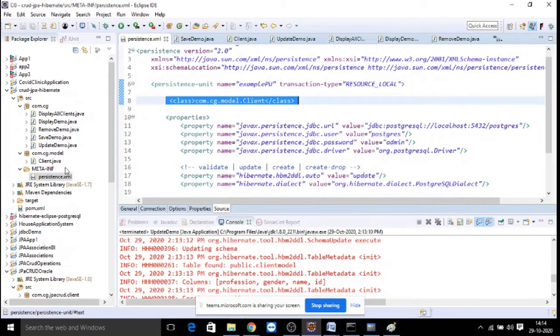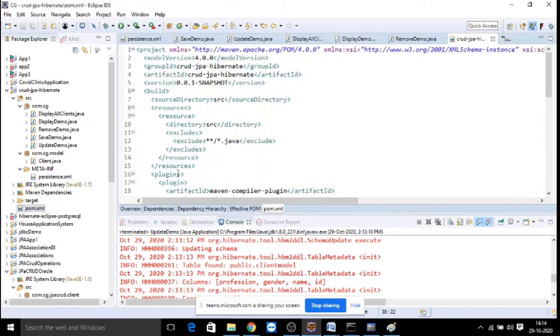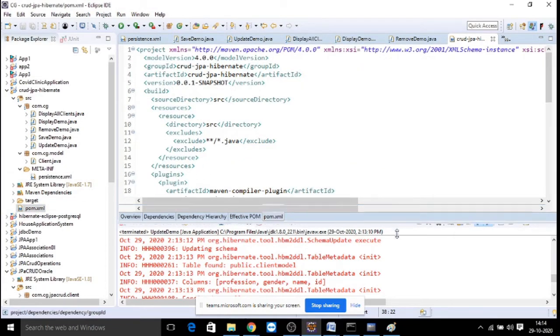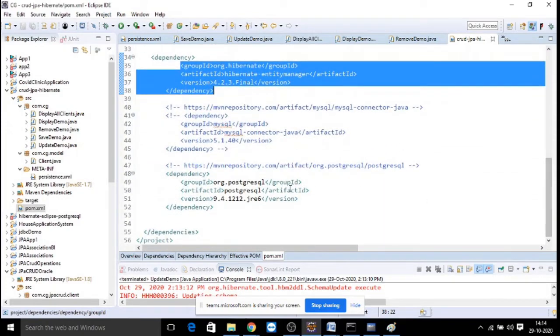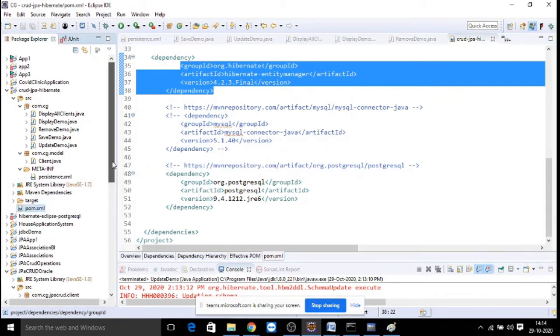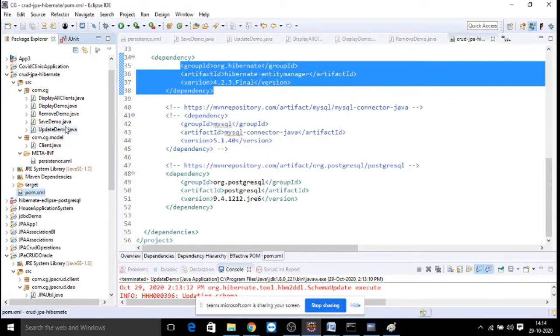And this is a Maven project, not a simple Java project. Make sure that everybody is working with a Maven project. So you have done with the Maven application. And in the same application, you will find the number of dependencies needed. All of you just update your projects with the same dependencies so that it will be easy for you to work with your Postgres database. And further, I will be showing you one test case for either save or list or display.